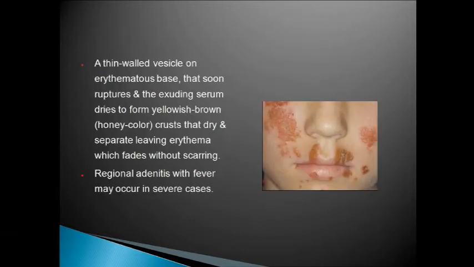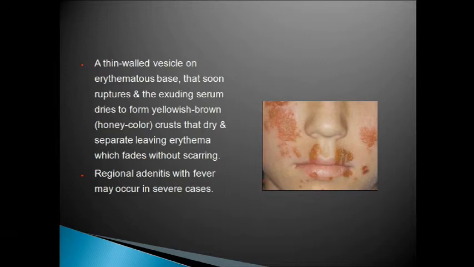Regarding non-bullous impetigo, most important, the definition is a thin-walled crusted lesion present over the exposed parts, like the face, neck, maybe the hands, mostly the face, with an exudative layer over it. Exudate is pus mixed with blood, serum, and dirt particles. When it dries up, it forms a honey-colored crust, and it usually heals without scarring. Why does it heal without scarring? Because it affects only the superficial epidermis, not the deeper part.